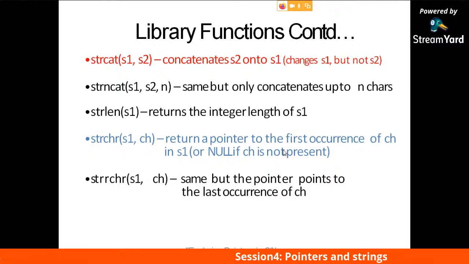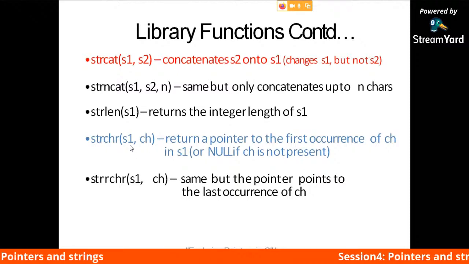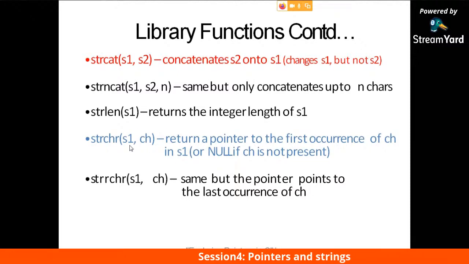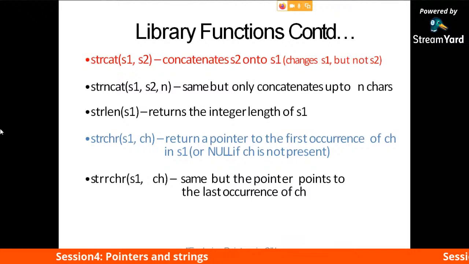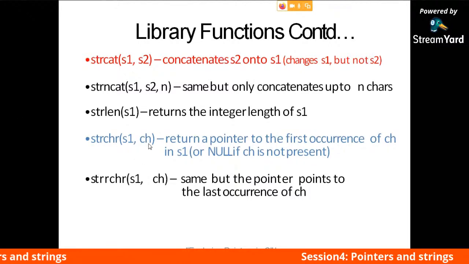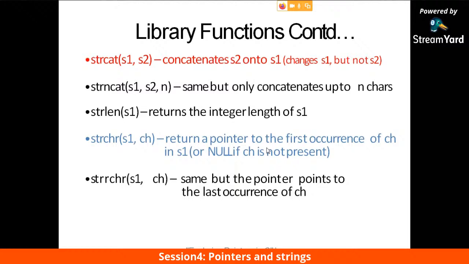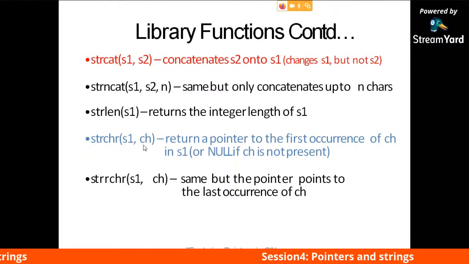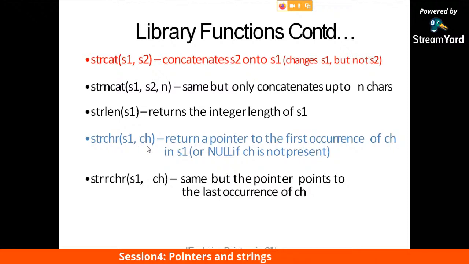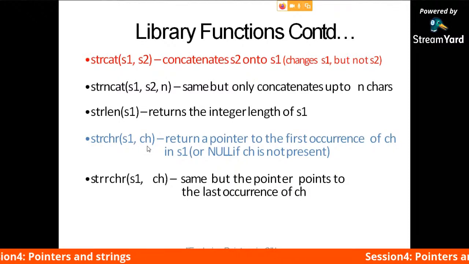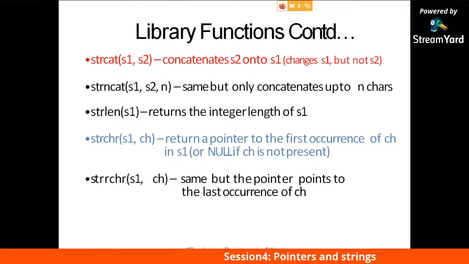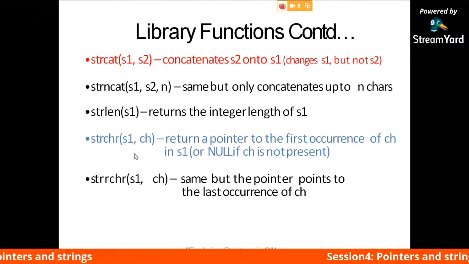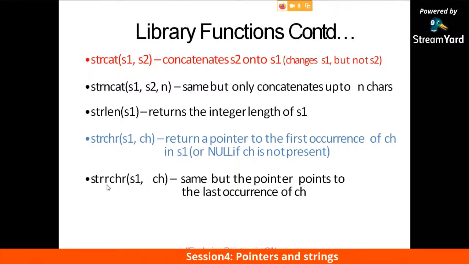strchr returns a pointer to the first occurrence of character ch in a given string. For example, if the string is hello and the character I want to search for is h, it returns the pointer to the first occurrence, that is the 0th index. Now if the character I want to search for is l, in the string hello, l is going to appear after the character e at index number 2. So a pointer is returned to the first occurrence in the given string s1. So strchr,